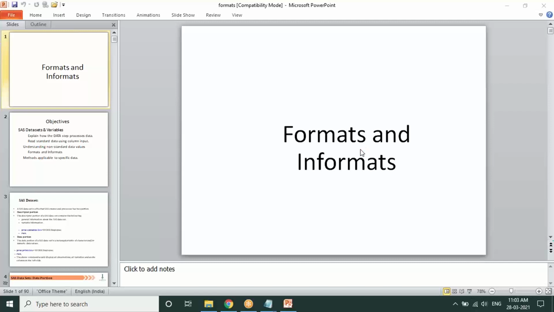Okay, Bhavsing is asking for a break. Let's go for a break. Take a break for 5 minutes and get back. We have two topics under this. One is formats and informats, and there is something called user-defined format. We have to understand it conceptually, and there are some interview-related things which I need to explain. So it takes almost 1 hour to cover all these things. Just have a break for 5 minutes and come back.